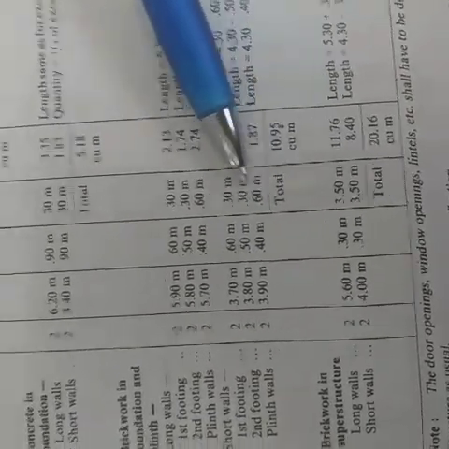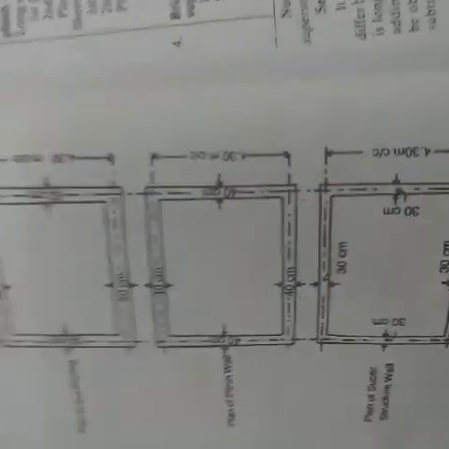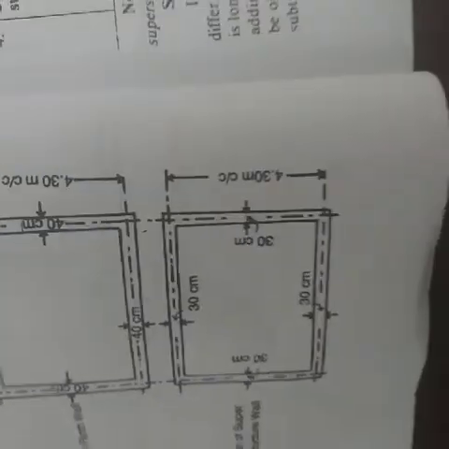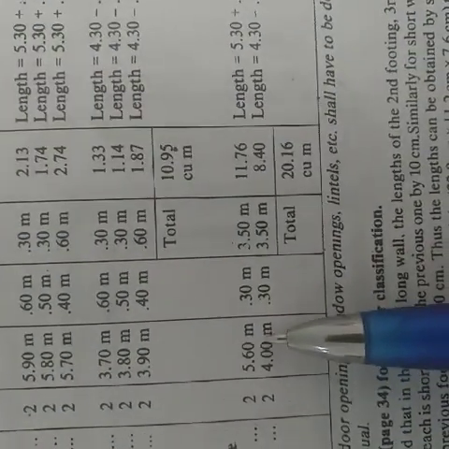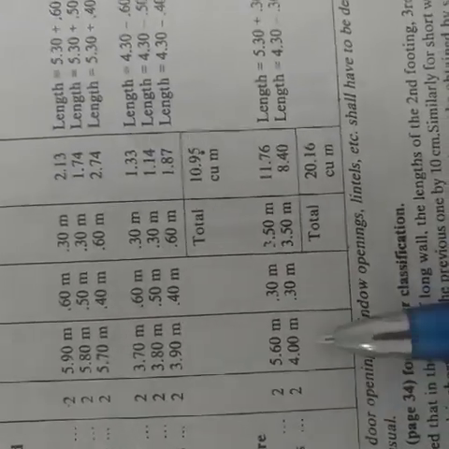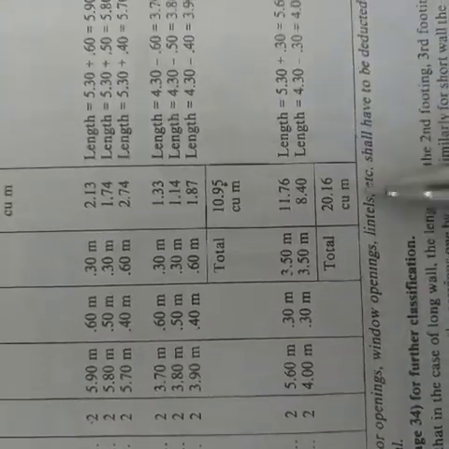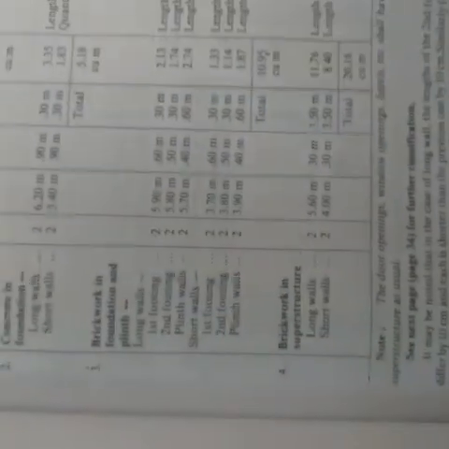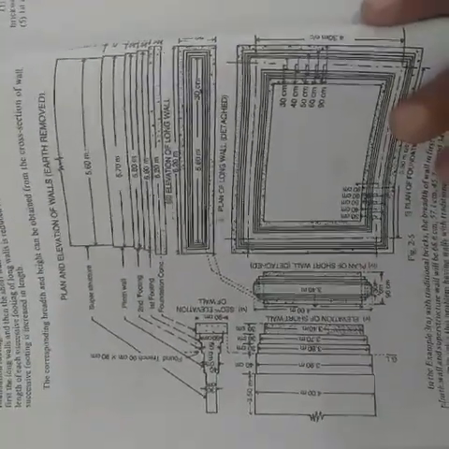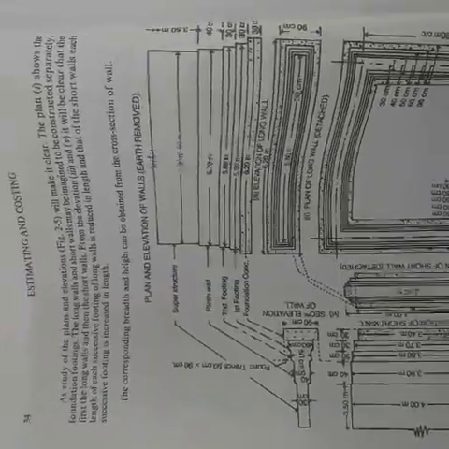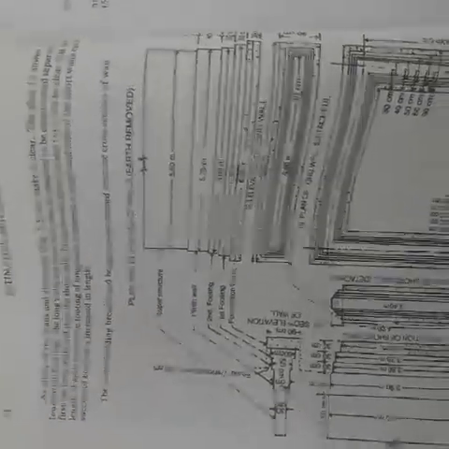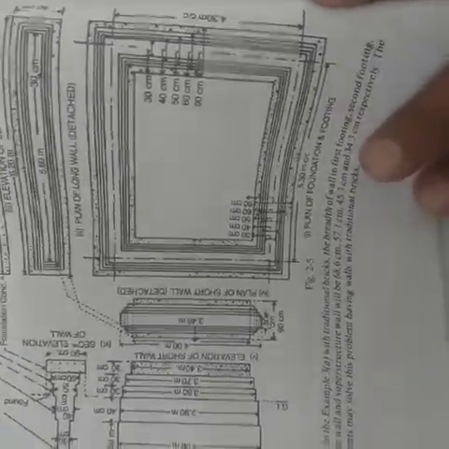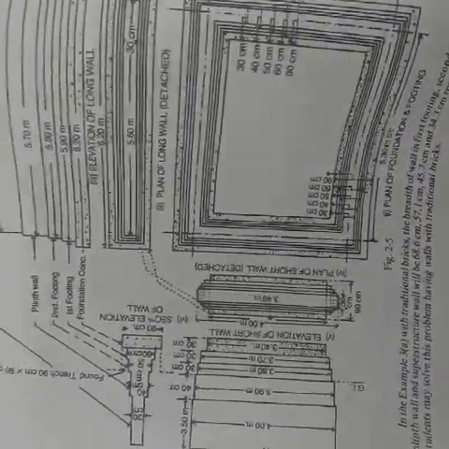You can calculate the brickwork in this way, and then brickwork in superstructure is very easy. The total length in plan of superstructure, 5.3 plus 0.30 is 5.6, so it is 5.6 meter length, and subtract from the short wall, you will get the 4 meter length. So this way you can calculate. You can pause your video and read this paragraph to have extra knowledge and exercise. You do it yourself because this exercise is not so simple, and it is very informative and very important. You just practice it yourself, draw all diagrams, do every calculation yourself.